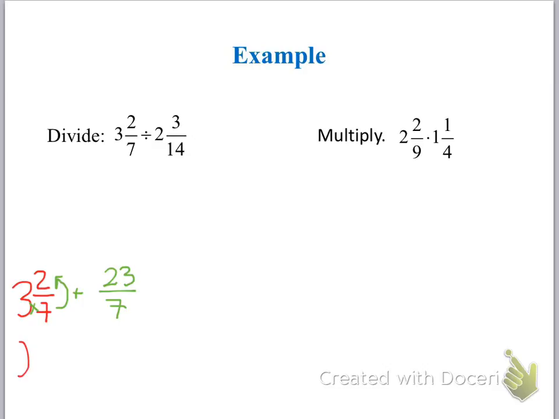Let's do the second one. 2 and 3/14. Multiply by the denominator. 2 times 14 is 28. Add it to 3. That gives us 31. Keep the denominator. So we are doing 23/7 divided by 31/14. And remember, in order to solve this problem, we're going to need to flip